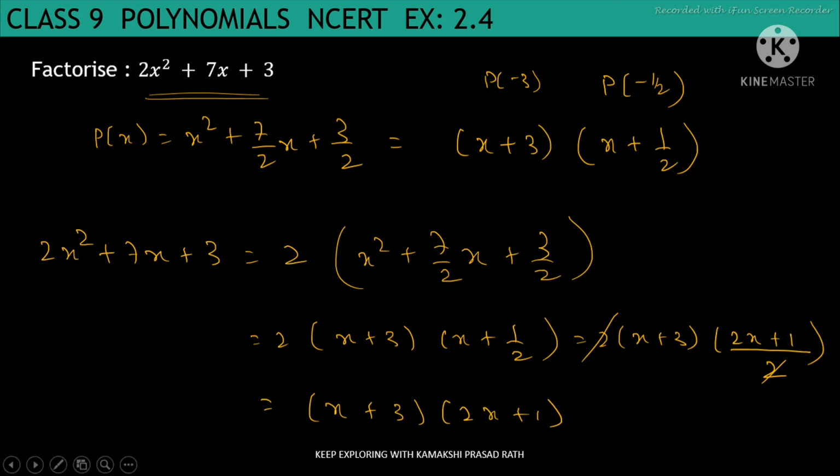The only thing you have to remember is, whenever we have a coefficient of x squared other than 1, first you have to convert that into a plain x squared term. The coefficient of x squared must be 1 before taking the last value as a constant term. So whenever we have some other coefficient of x squared, we have to do it this way, or else we can do it directly. The only thing is, we just have to factorize the constant term. Whatever values we get as factors, you have to put them one by one in the place of x in the polynomial. Wherever we get 0, we will use the factor theorem.